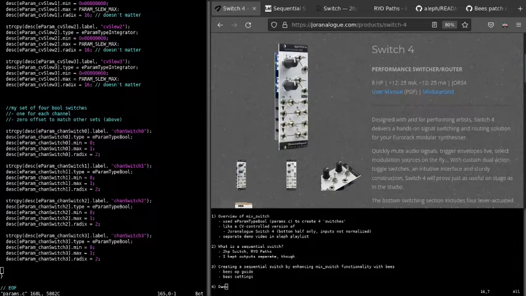As sort of a preview of the sequential switch discussion, one of my original plans was to actually build a sequential switch in code, with these only being used to enable physical switch control, but even though I discovered a lot of really interesting stuff, I have not been able to do it yet. While it has been a bit disappointing, this actually presents a really good opportunity to begin talking about bees, and show how it can be used to greatly enhance the functionality of even a crummy module like Mixswitch. Finally, I'd like to do a short demo of the sequential switch-like tool that I set up for Aleph using